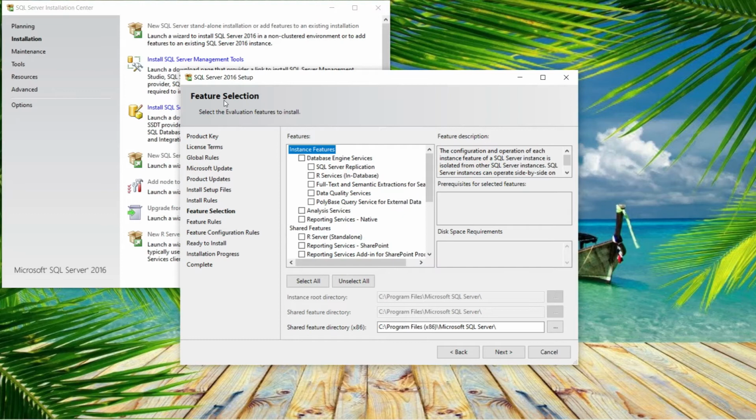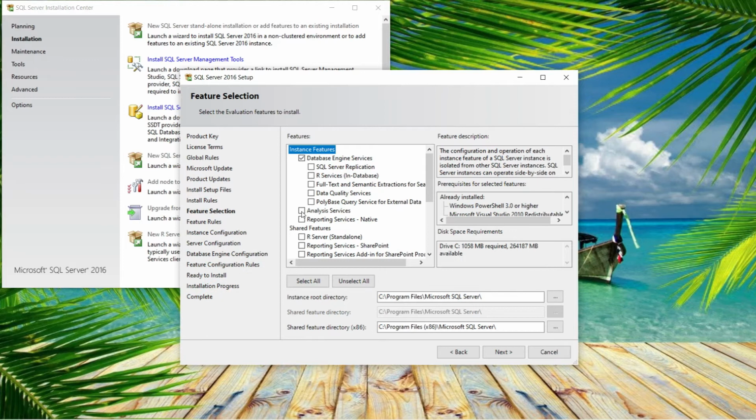Feature selection page. This is one of the important pages while installing SQL Server. We should select the components we want on our machine. Once you start making selection, here you can see setup will show how much space will be required to install these features. If you want to practice on SQL Server, then just select all and it will show you a required disk space which comes around 8 GB.